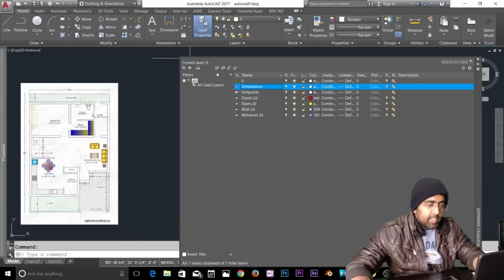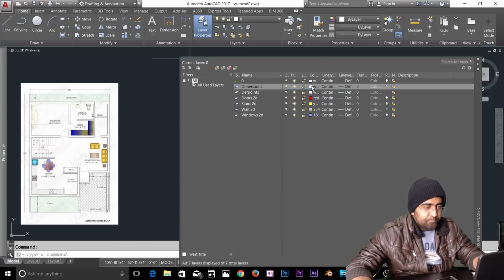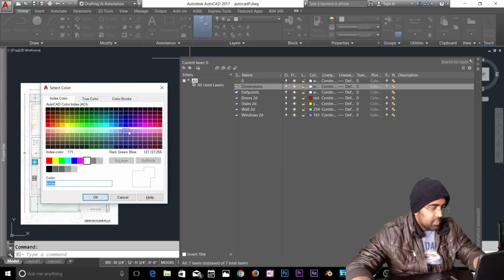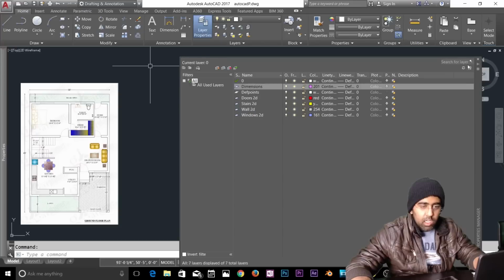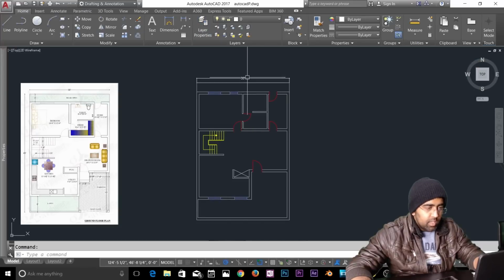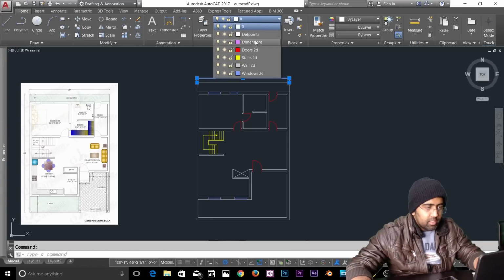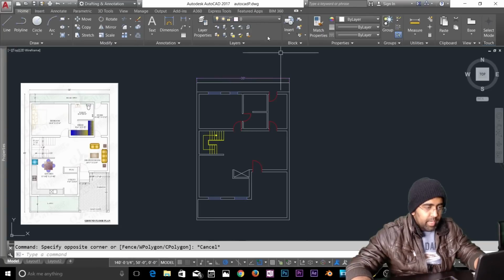Okay, for the color, let's give it a blue color, maybe yellow color. Nah, I don't know, just this color, fine, whatever. Okay, now let's select this dimension and let's change the layer first, dimension layer, and now make this as your